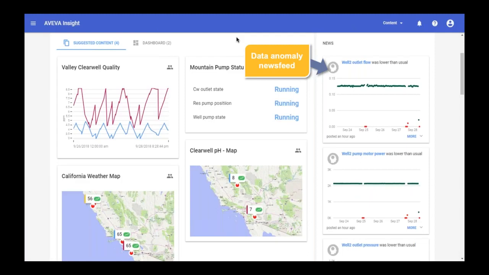Also something on the news feed that I would like to highlight here is that those algorithms are built in within the AVEVA Insight, where you don't have to configure those algorithms. The only factor that you have to be aware of is that those news feeds will build up by the time that you have more data coming into the cloud. So when you start with the AVEVA Insight, in 1 week to 2 weeks or 3 weeks time, you'll start to get some news feeds about your data, and you can absolutely change that depending on where